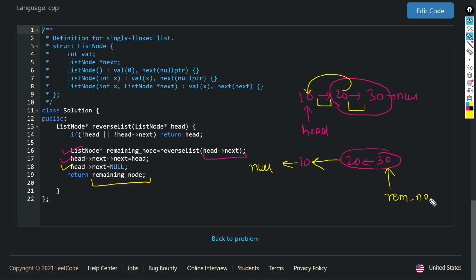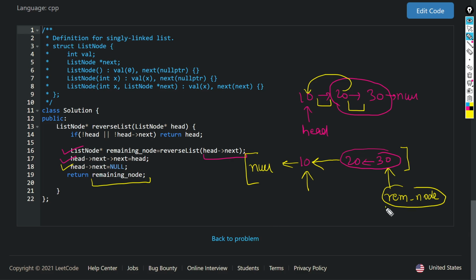If we observe, our linked list has already changed after this step. And after this step, what can we return? We can't return head, because head is here. If we return head, the returned linked list will not be reversed.